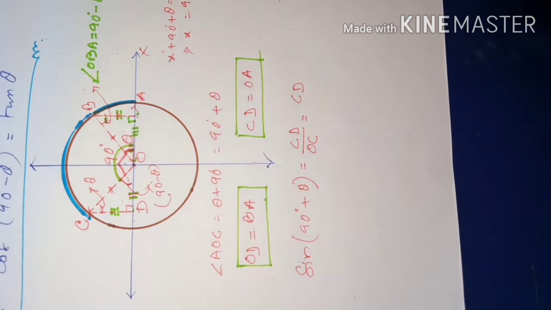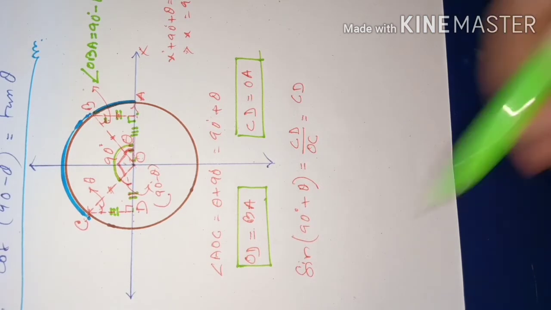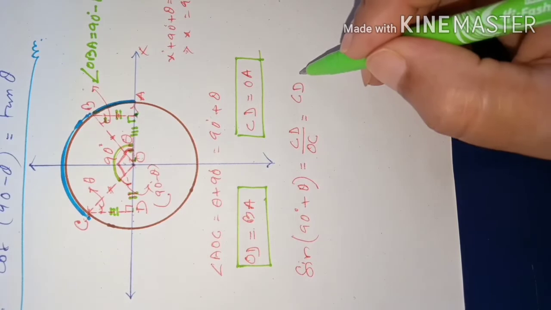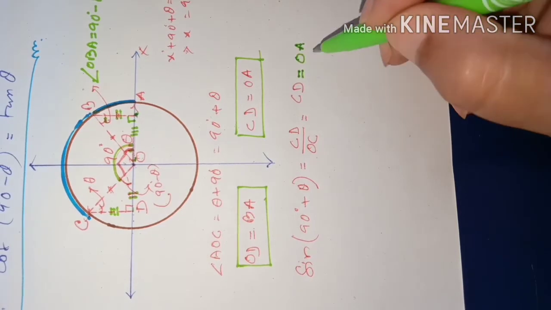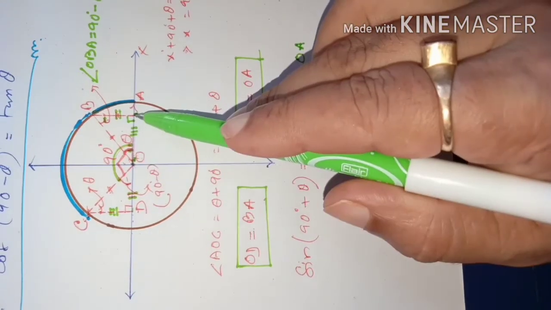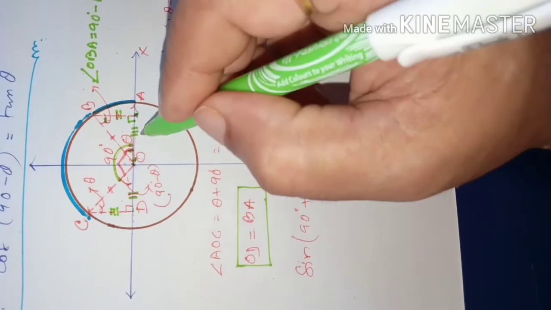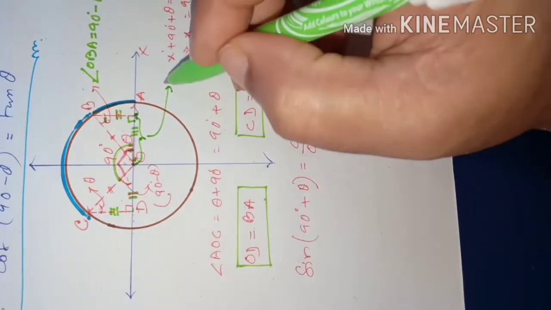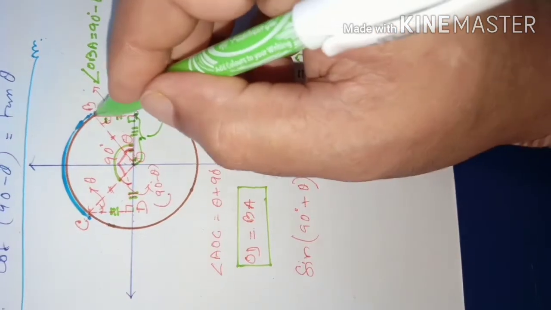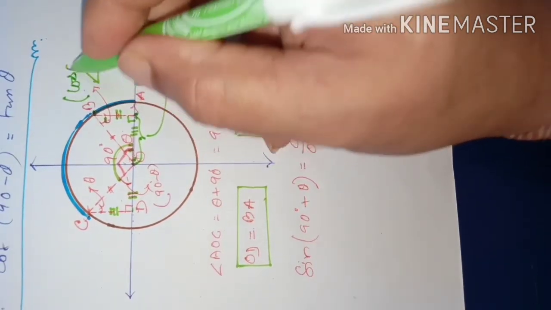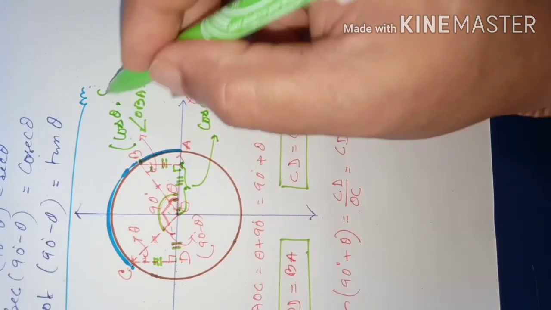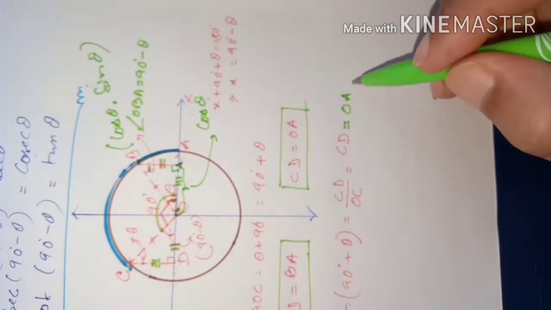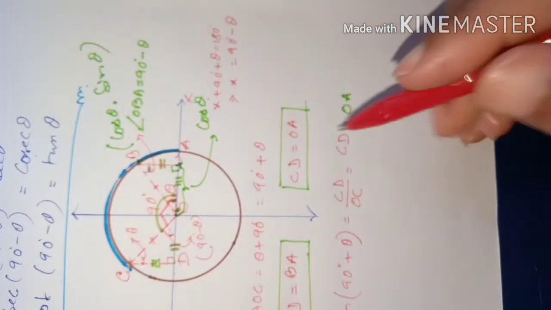And as you have realized here, CD is numerically equal to OA. And OA is a positive number. It has got a positive value, and it is actually what? Cos of the angle theta. This is the base. Base is denoted by cos of angle theta. That means here the coordinate is cos theta, comma sin theta. And this cos theta represents OA. So ultimately this OA can be replaced by cos theta.